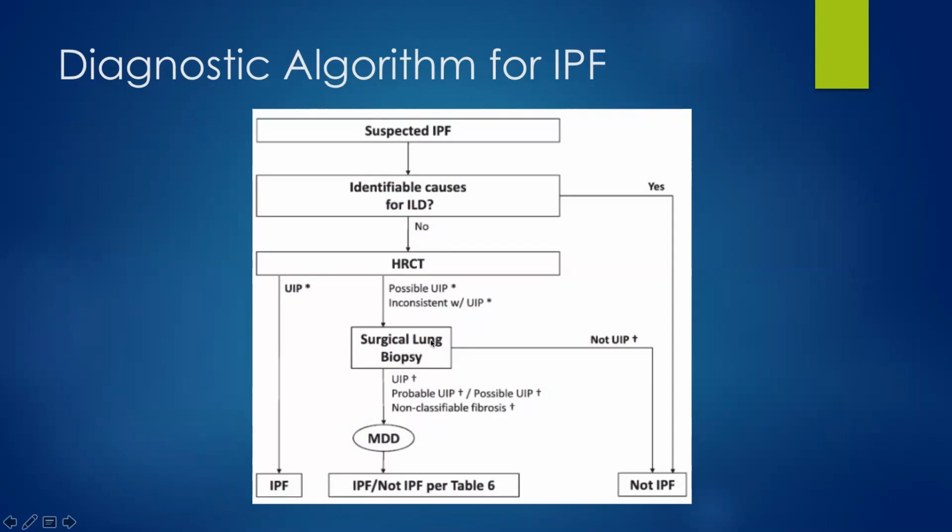But there's a lot of risk, especially in these patients, in doing surgical lung biopsy. It's not just the fact that they already have compromised lungs and you're trying to cut out a piece of their lung. I've had patients who just died after they've tried to get a lung biopsy done. And so this is a tough question, all right?